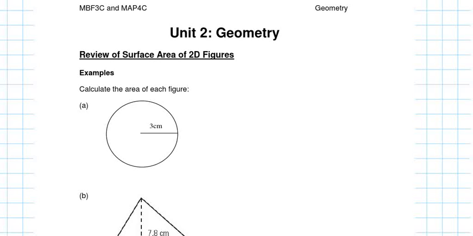So we're going to start with just a review of the surface area of 2D figures, which is pretty simple, right? And then we are also going to work on composite figures, okay? So the first thing we're going to look at is the area of 2D figures. In your formula sheet, you should be able to find a formula sheet. It's a pink color, or close to pink, that has two sides. One side has 2D shapes, and the other side has 3D shapes. So we're starting with the 2D shape side. And it's asking you to calculate the area of each figure, so we're starting with a circle.